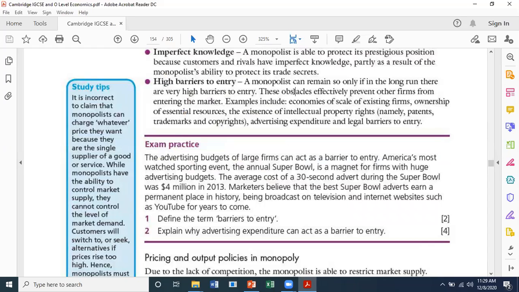If you are going to look into high barriers to entry, a monopolist can remain so only if, in the long run, there are very high barriers to entry. These obstacles effectively prevent other firms from entering the market. Examples include economies of scale of existing firms, ownership of essential resources, the existence of intellectual property rights, namely patents, trademarks,